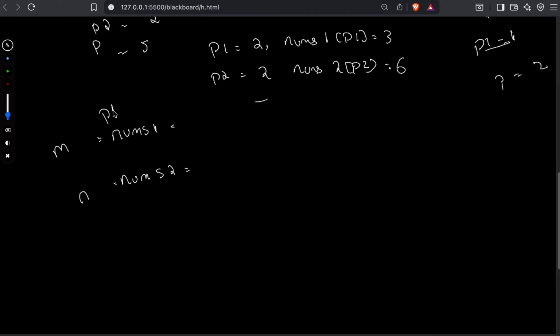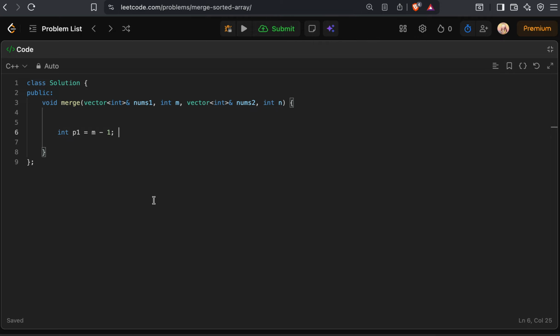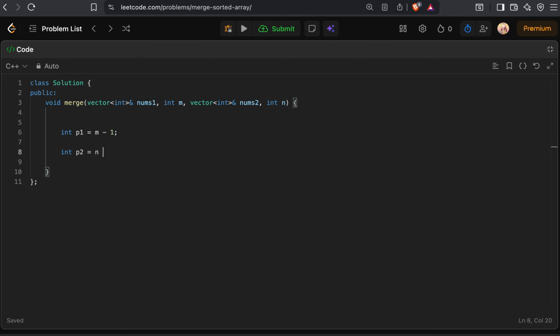So p1 starts from the last index of m and p2 starts from the last index of n. int p2 is equal to n minus 1. Next, int p is equal to m plus n minus 1. Okay,